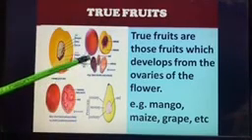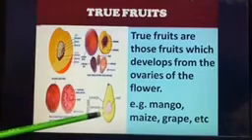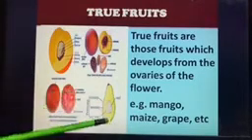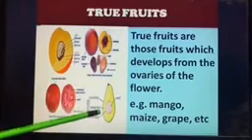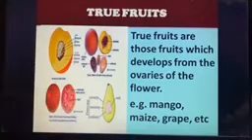Peach is there. So these are examples of true fruits, right? You know that the ovarian wall gets converted into the fruit wall, which is said to be the pericarp, and the pericarp is further divided into endocarp, mesocarp and exocarp. Exocarp is the outermost part of the fruit wall, the middle is the mesocarp, and the innermost part of the fruit wall is the endocarp, inside which the seed is present, right?